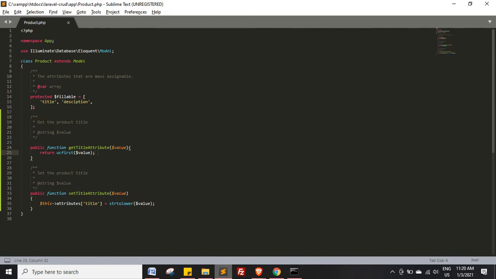Okay, and the second thing is how you can define your column name. If you have a single column name, it will be in camel case basically, T in the caps. If you have like first underscore name, then it will be like this one, first name. If you have single column, then it will be like title. So hope you understand how you can use accessor and mutator in your projects.